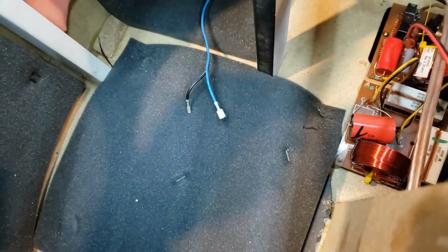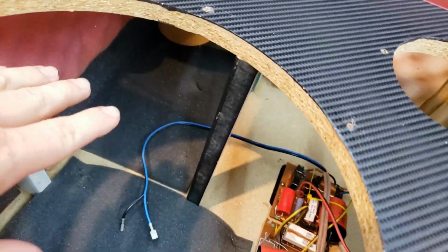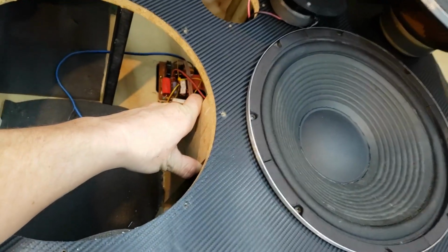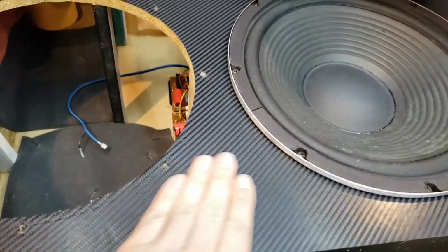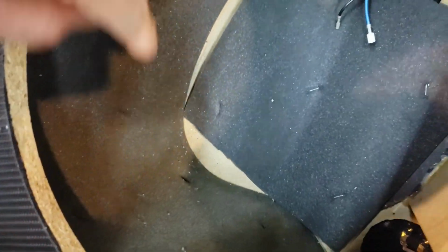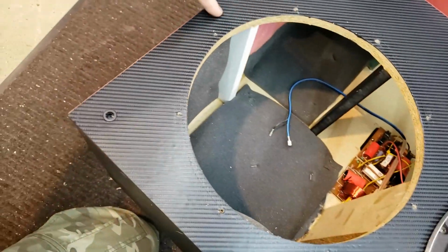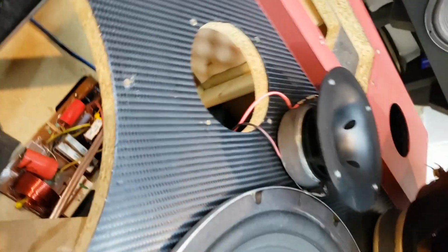And then the main thing to help: these are fairly large cabinets without any bracing. They had this brace here in the middle between the two woofers, but that was it. So these almost had an odd boominess to them because the cabinets weren't braced enough, not nearly enough for 12-inch woofers. So this brace here, and then there's another brace here, and then basically all the way around the woofers is bracing to really stiffen this up around the woofers. And then up in the top,